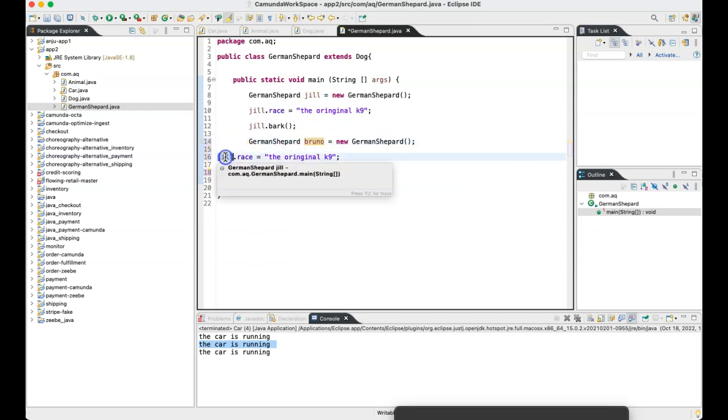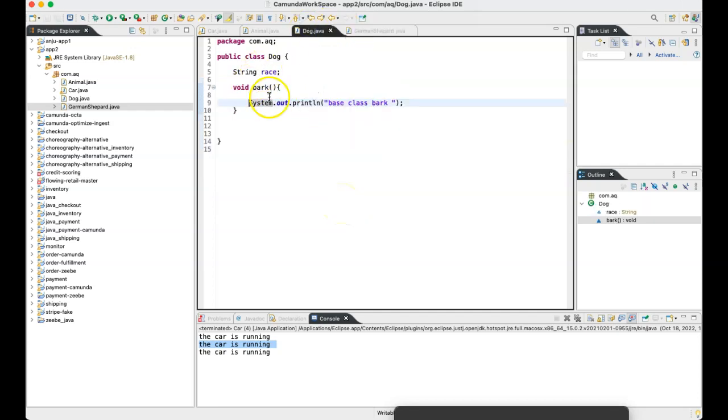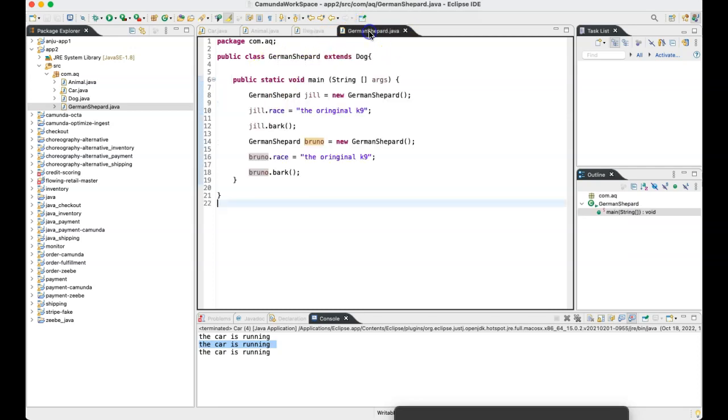Bruno is another dog. He's a GSD, but he can also bark. We declared this method and a property once and we are able to access it multiple times. Are we not? Are you able to understand?